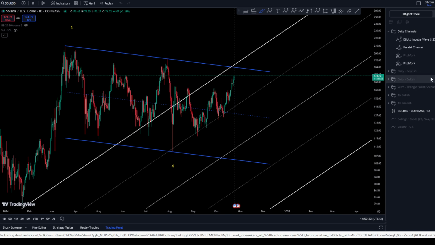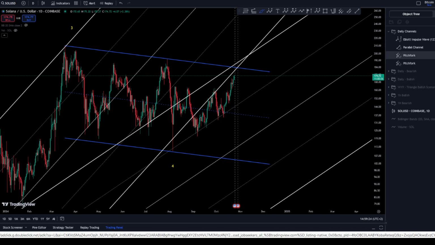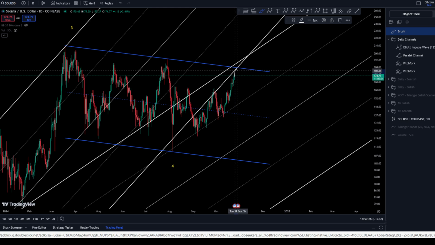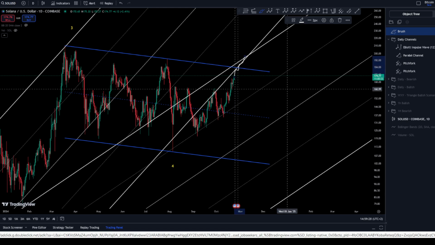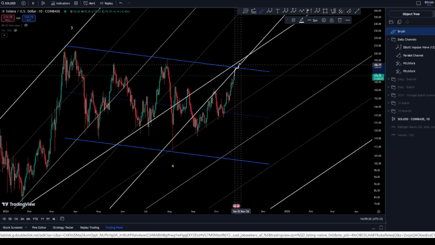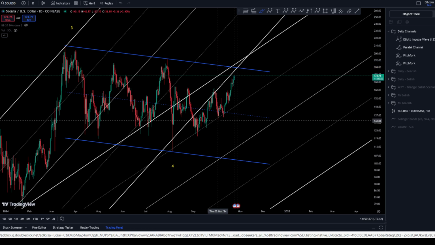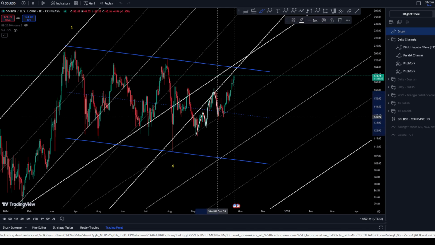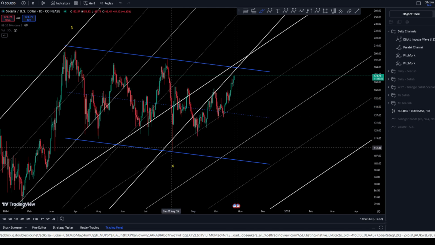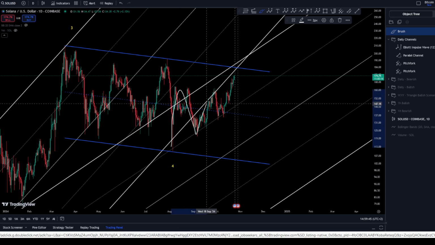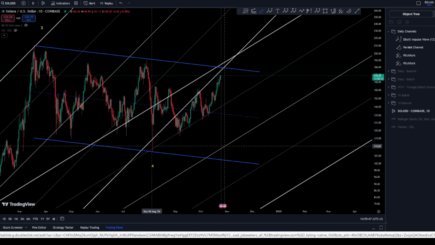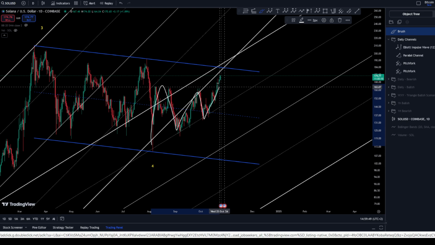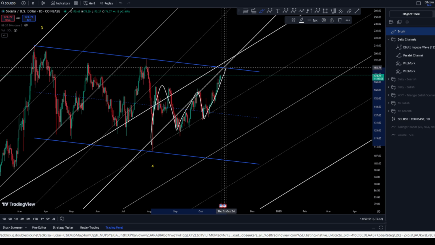So on the daily, of course, if we bring here our acceleration channel, you can see that we are even very close again to it. So be careful as well. It might play as resistance, and it might, of course, turn back over here. We don't know exactly now if we are in 1, 2, 1, 2. Possibly, of course, that here we are in a big 1, 2, and then a bigger 1, 2 again, right? So is that also another 1, 2, right?